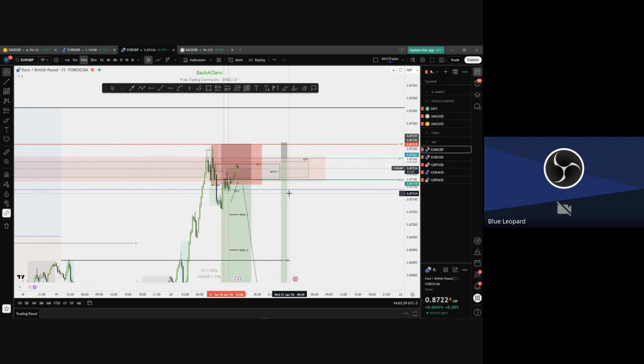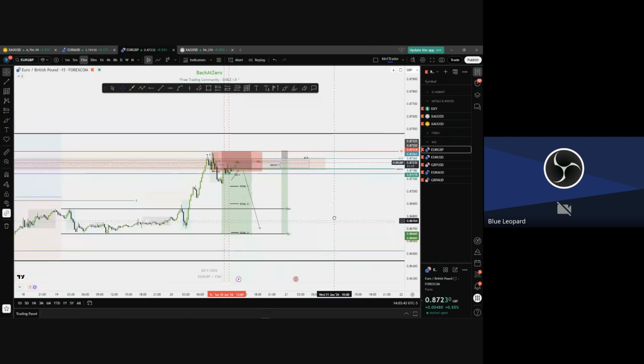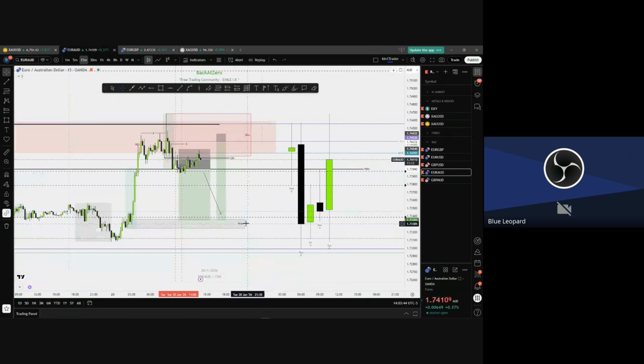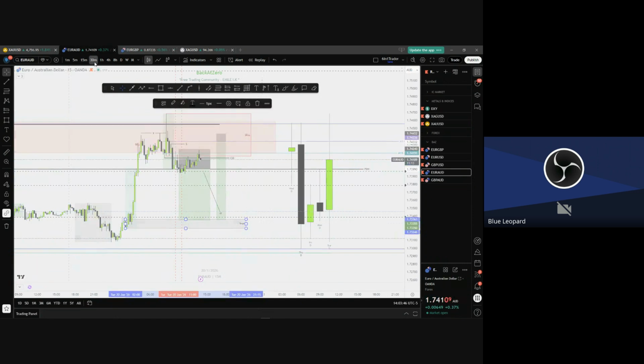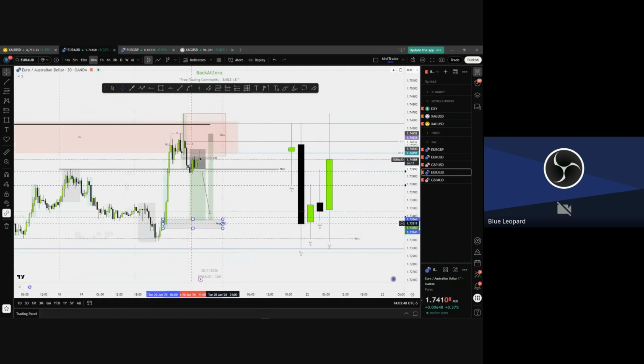H4, when it's touched, M30, price goes out. When it's touched again, M5. Inside the M5, option 1 or option 2. You take your entry there and you target the next M30 here. You see the next M30 opposed to my move. This is my target, because I know if price reaches here, now we will have a bullish scenario.